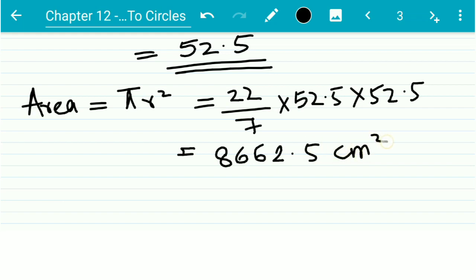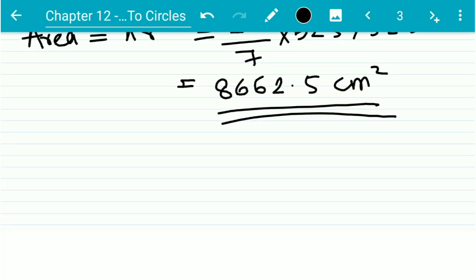Now we got the area of the white region including red, blue, gold and black. But we need only area of the white. So below that write area of white region